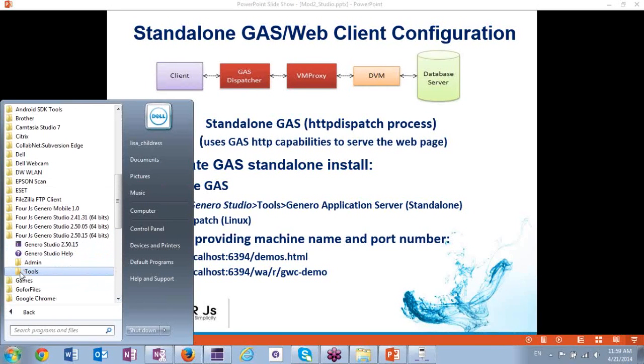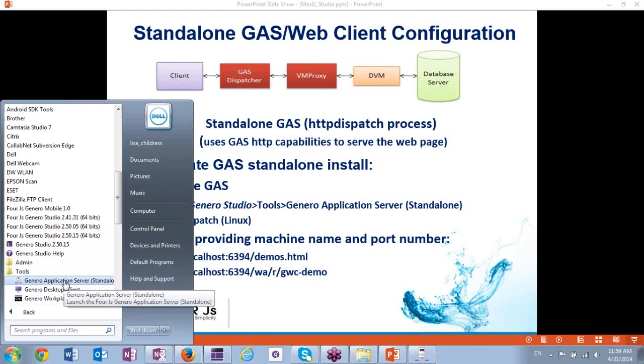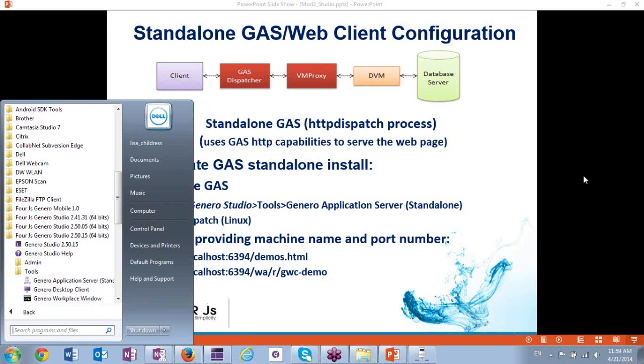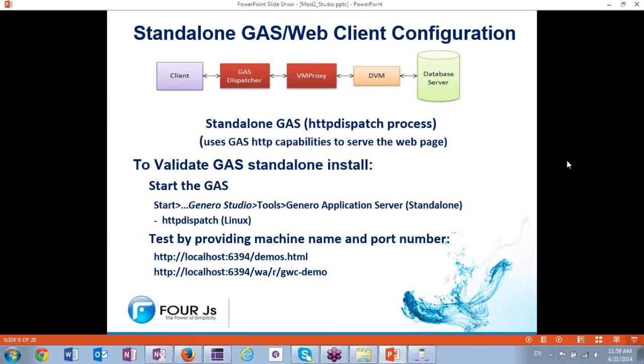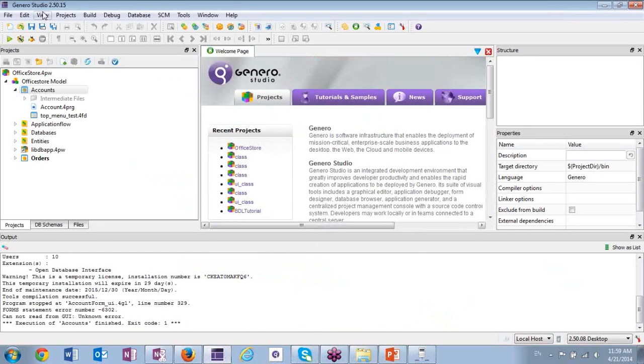So I actually had to go out here and do it by clicking on this option for the application server standalone. If you're working inside of Studio, as we were a minute ago when we were demonstrating bringing up the web client, notice I didn't have to start the GAS standalone manually to do that. And the reason I didn't have to do that is because now with version 250 of Genero Studio,